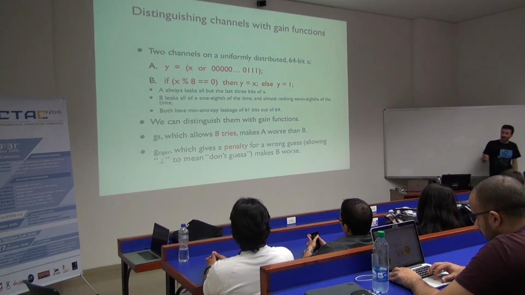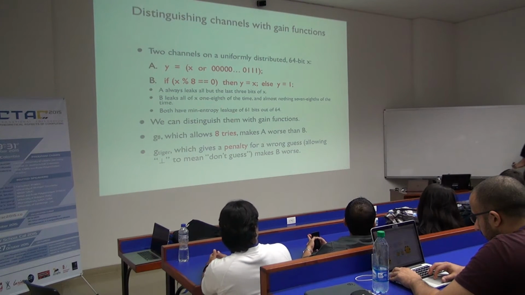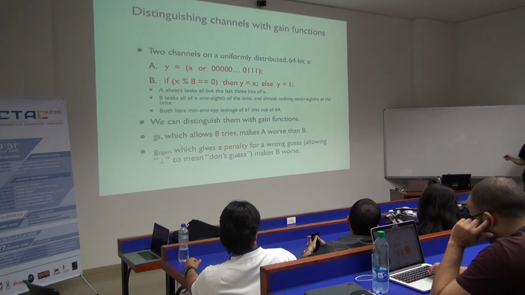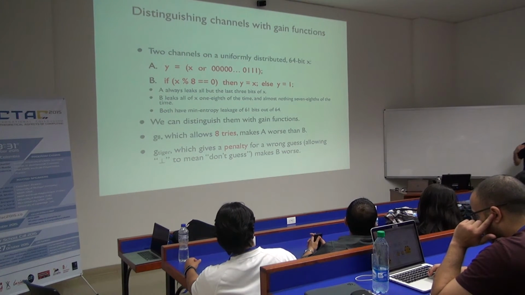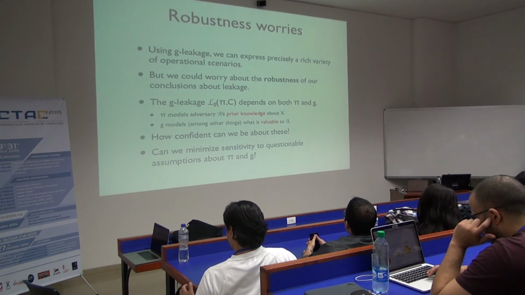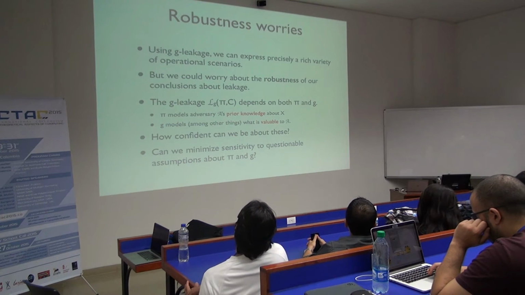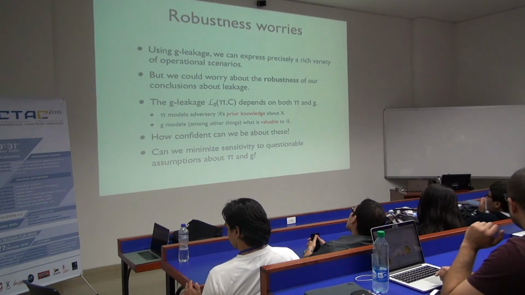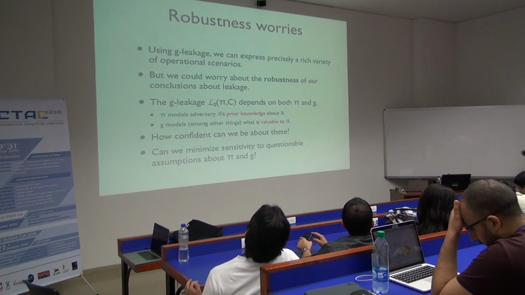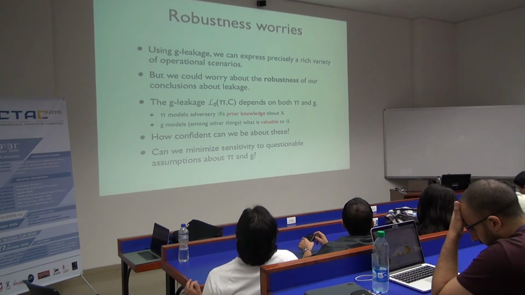So later we're going to examine exactly how we can establish a comparison between two channels that guarantees that the one always leaks less than the other, no matter what. So that guarantees that we cannot have situations like this. All right. So this is what robustness means, right? So in this framework, it's expressive enough to have a variety of comparison scenarios, and we can play with the guesses, and we can set the numbers the way we want, and reason about different